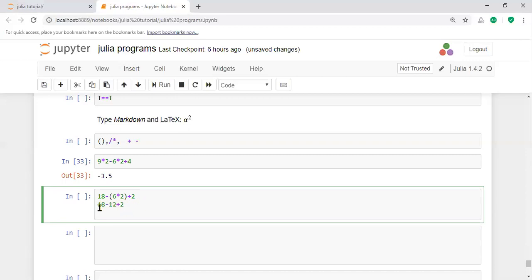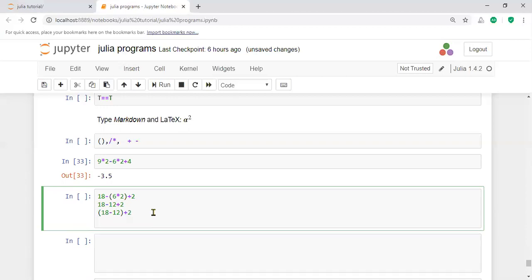That's why you have to calculate the left side value first, that means 18 minus 12, then plus 4. 18 minus 12 in the sense 6, plus 4.